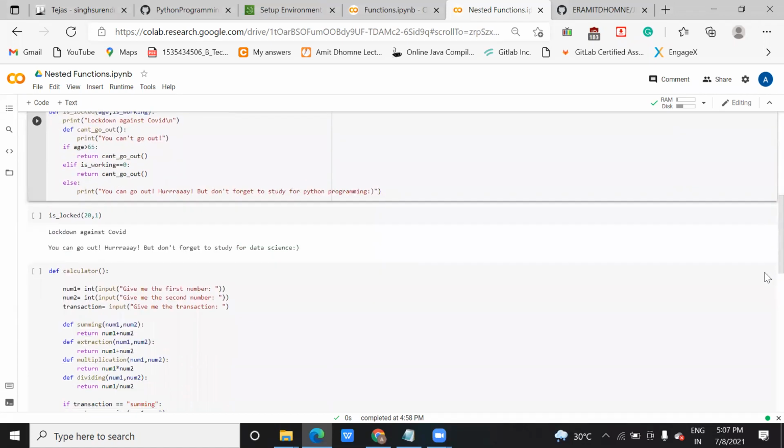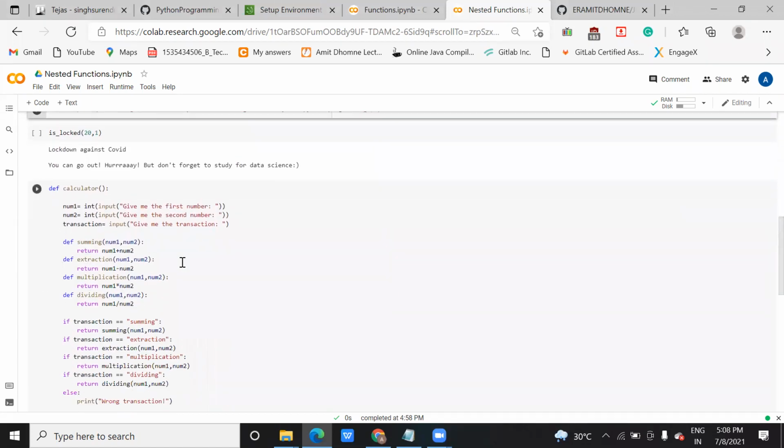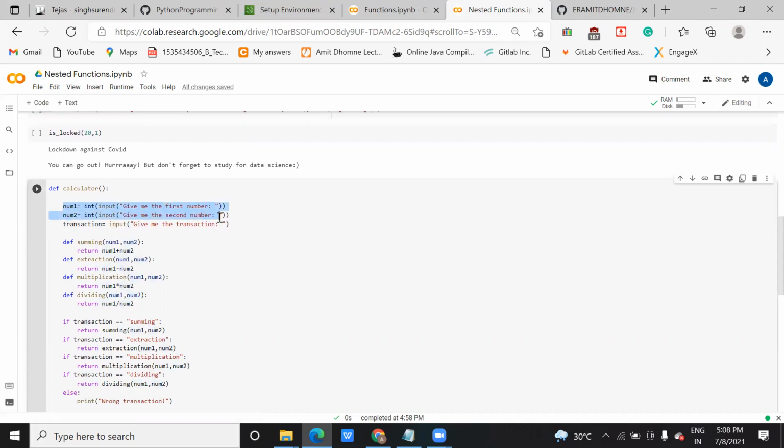Similarly, there is one more function, this calculator. I'm sure you can do this too. I have not given you an example where you accept an input from the user. Here num1 and num2 are accepting input from the user.